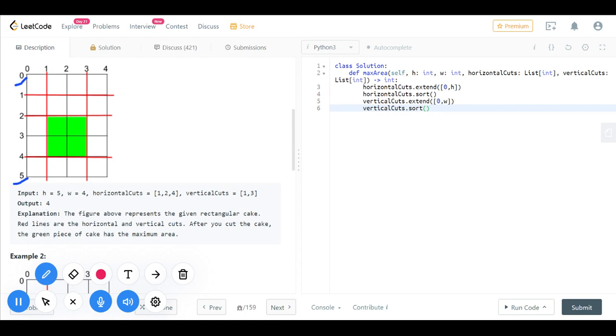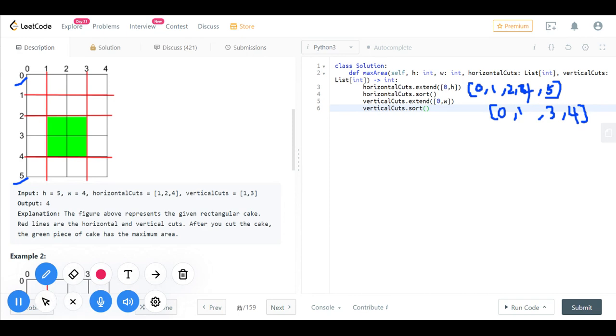So here we'll be getting 0, 1, 2, 4 and 5. And for vertical cuts, we'll be getting 0, 1, 3 and finally 4. So this is what we are going to get after this point.